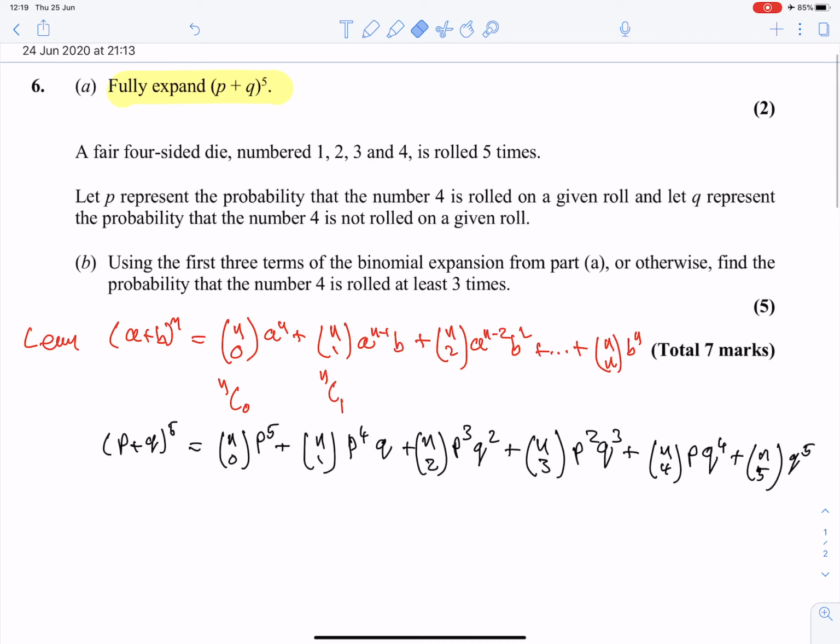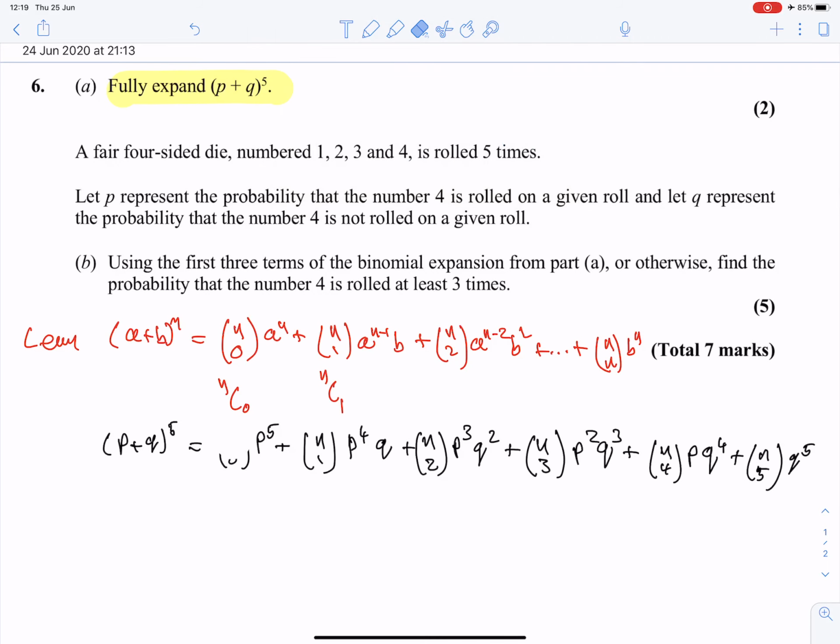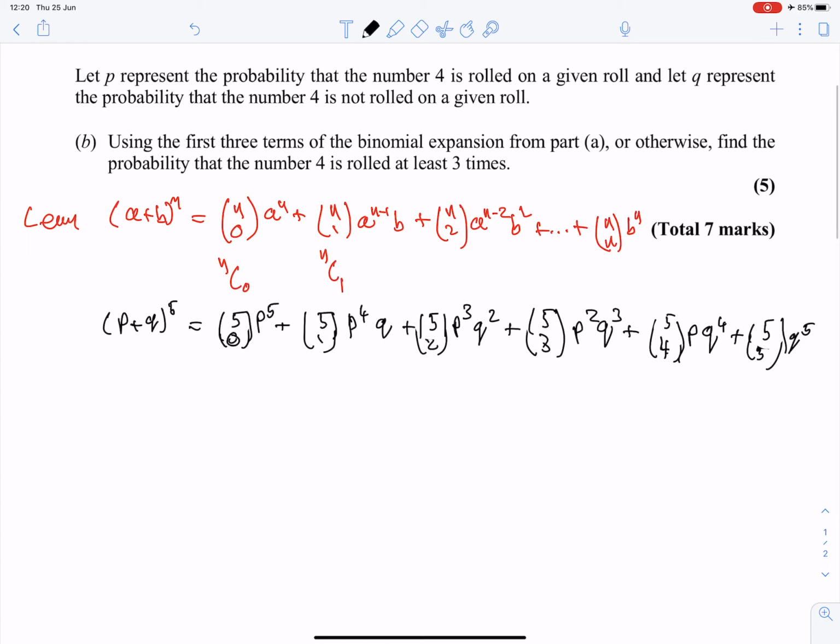Now, can I just rub out those n's? They should all be 5, shouldn't they? 5C0, 5C1, 5C2, 5C3, 5C4, and 5C5. Sorry about that. Okay, so you can now use the calculator, the nCr button,